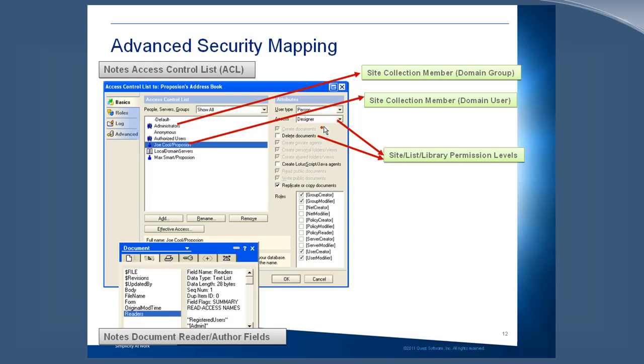So based on the level of access they have, you can see that Joe is a designer in this database. He didn't have delete documents privileges. Based on the level of access they have, we'll set a specific set of permission levels for that person in that list. And that's really the most precise way you could think of migrating security from Notes over to SharePoint, is to set permission levels. Now, a slightly less precise option, but very nice